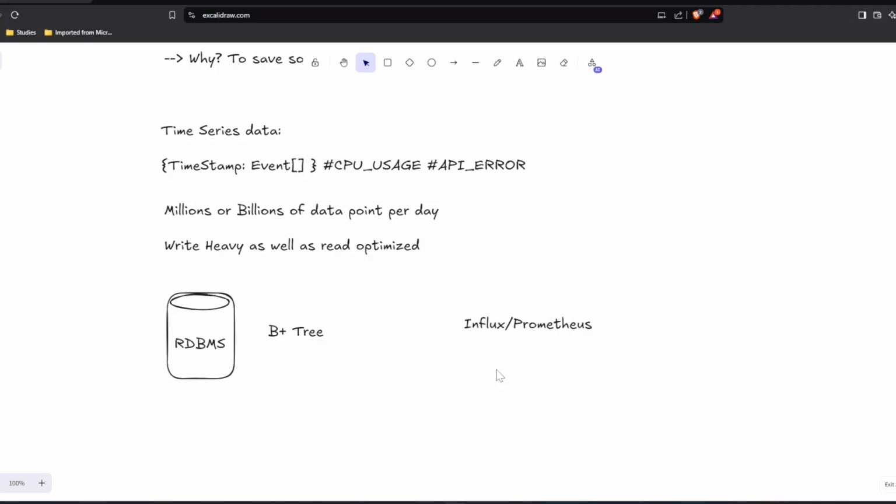InfluxDB and Prometheus are built specifically for time series data. These databases are optimized for high write throughput and fast queries. They don't really guarantee those ACID properties and so on, but they give you very high throughput and very fast query facilities. Okay, so InfluxDB again uses some kind of in-memory cache, and it builds indexes on